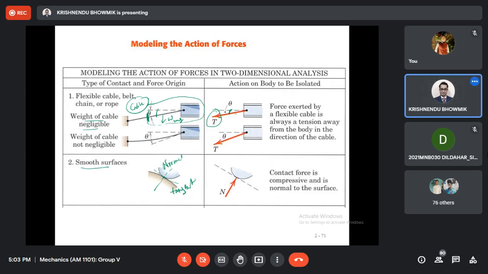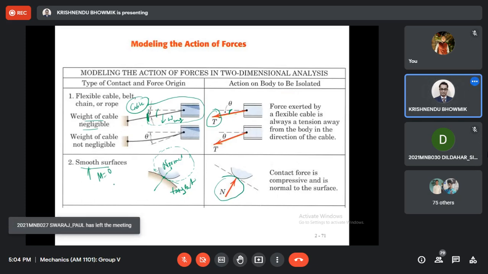And this is the isolation. I want to draw the free body diagram of this portion. In this contact, I want to remove the contact, but there will be some contact force acting. For this case, this is a roller. It will act from these two points. You extend it, it will act. This is the line of action. So that way you have to represent. This is smooth, so the coefficient of friction is 0. If there is any coefficient of friction or frictional surface, then you have to add that.